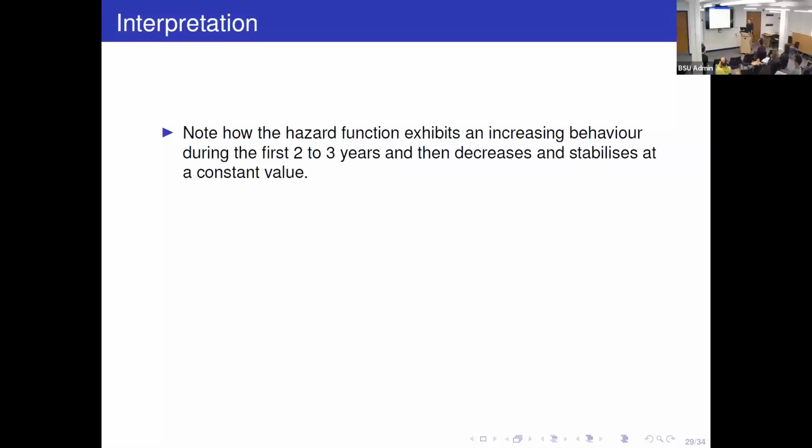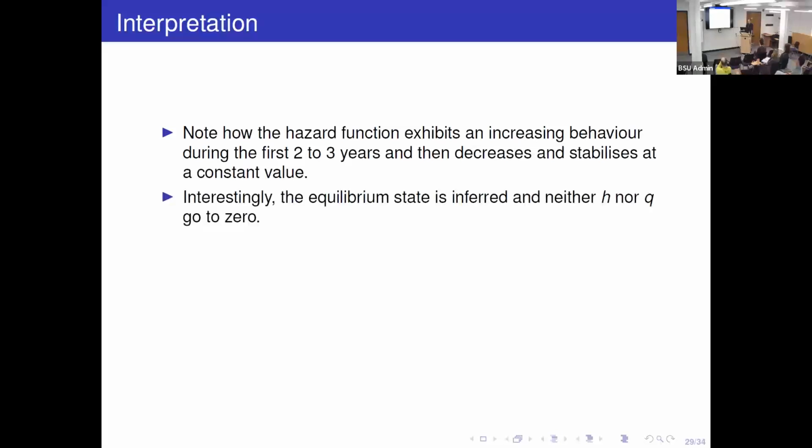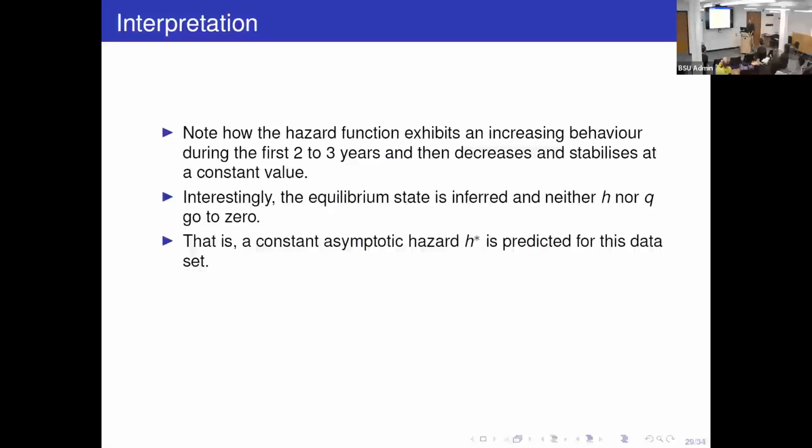So what we have found for this specific data set is that the hazard function had this increasing behavior. The response, which is a combination of many things, kicked in at around 2 years and pulls down the hazard function, and that is the reason why the hazard function goes down. And in this case, there was an equilibrium, so we didn't find that either the hazard function or the response function won.